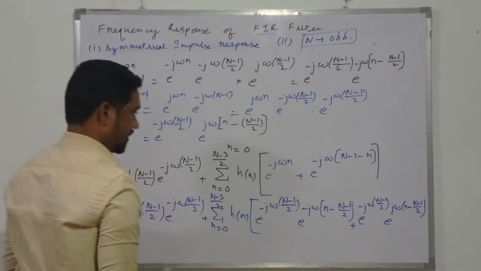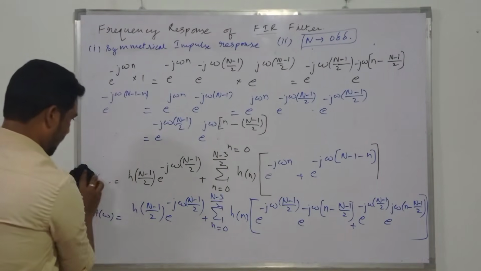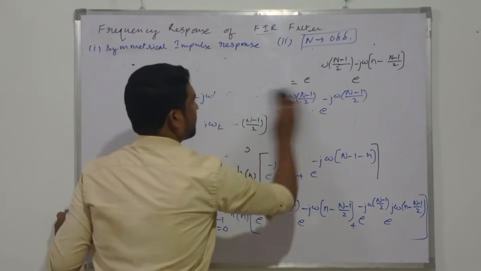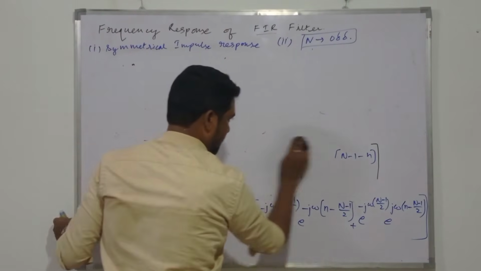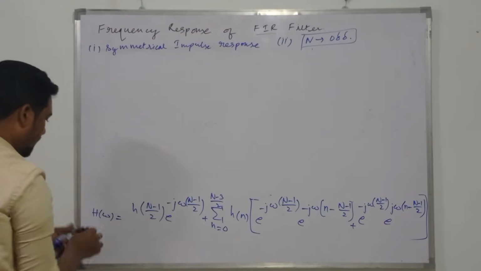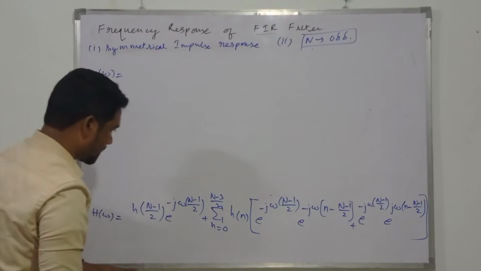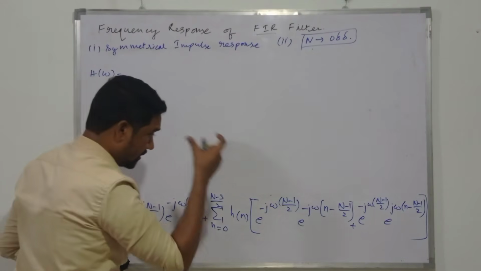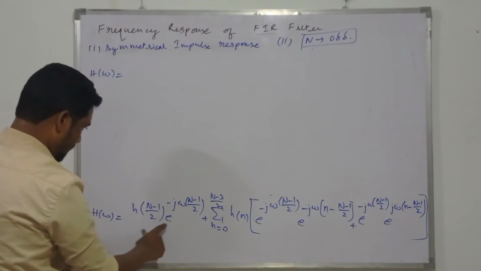Okay, this is the transformation which we had. Close the big brackets here, right? So H of omega, and guys, something can be taken out as common from all the terms. Watch carefully, right? From the three terms, something can be taken out. That exponential is common in all the terms. Which exponential is common? It's e raised to minus j omega (N minus 1)/2, from this one, from this one, and from this one also. Three terms, isn't it?